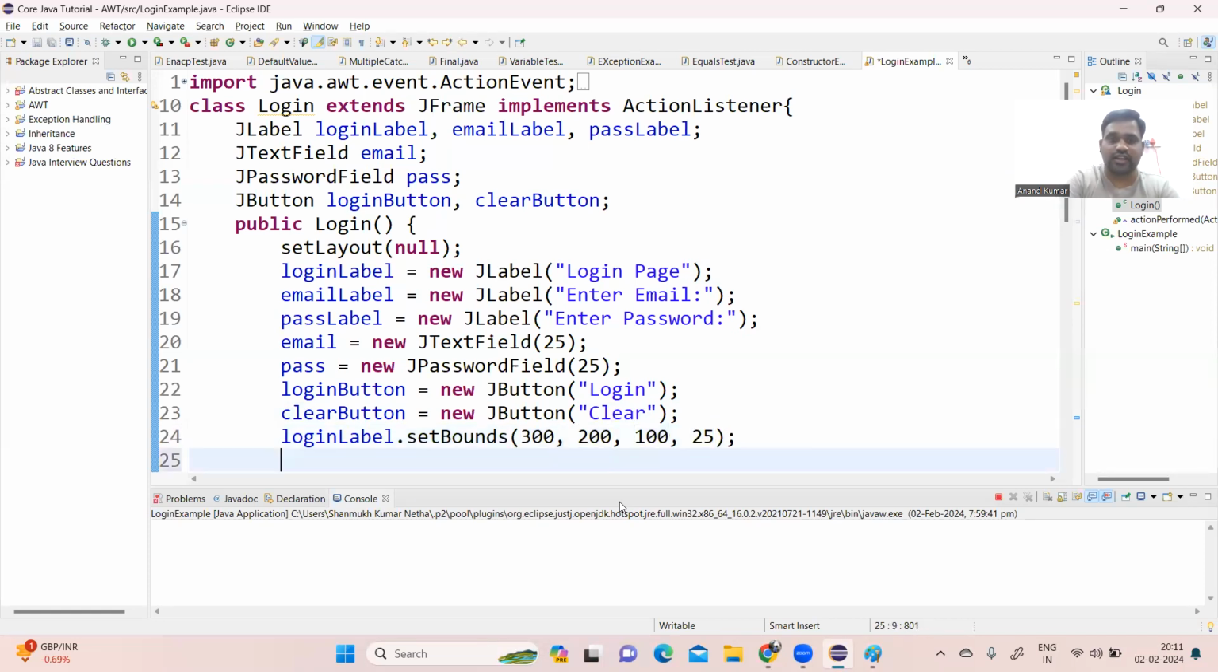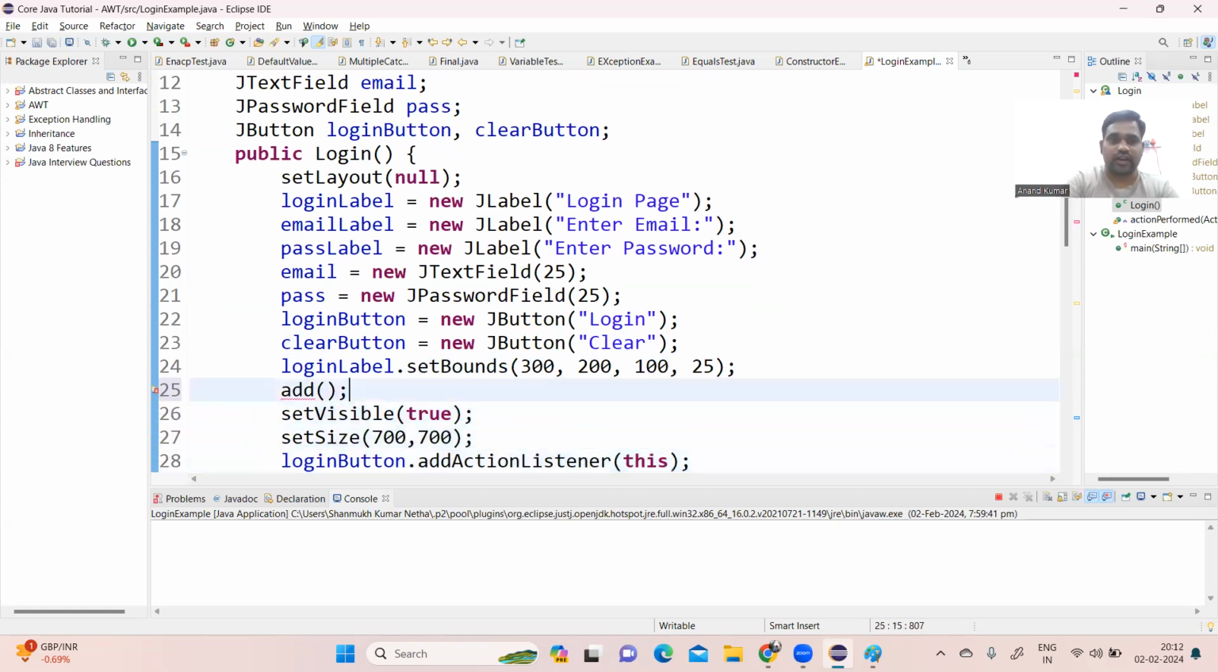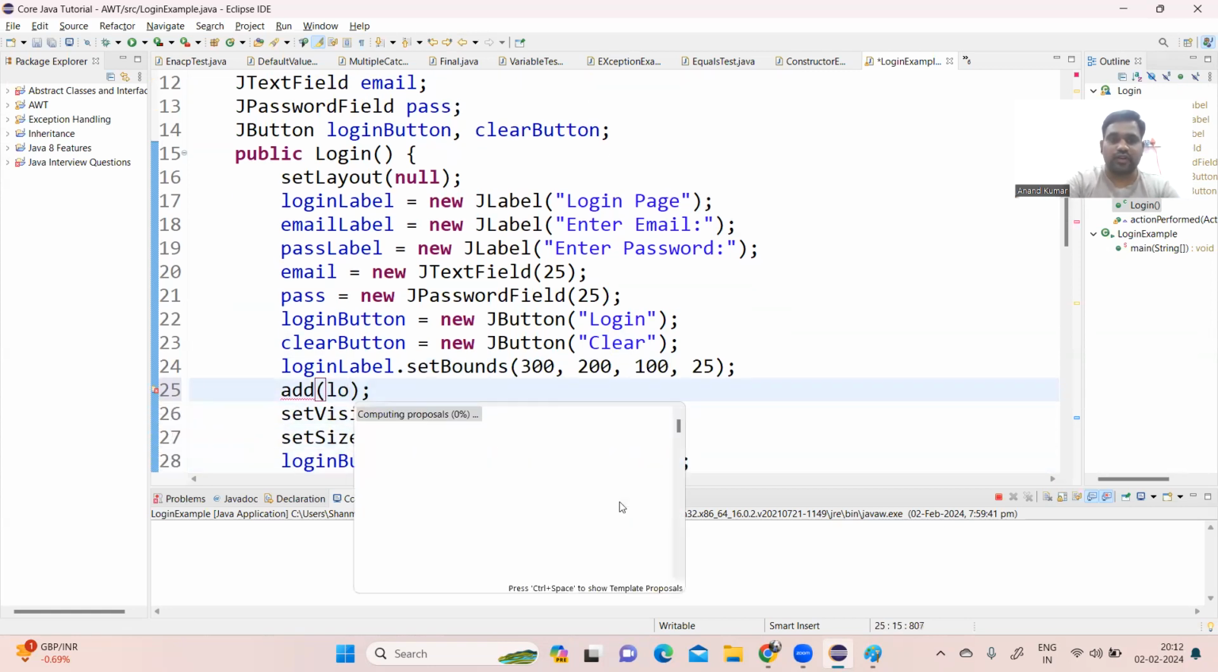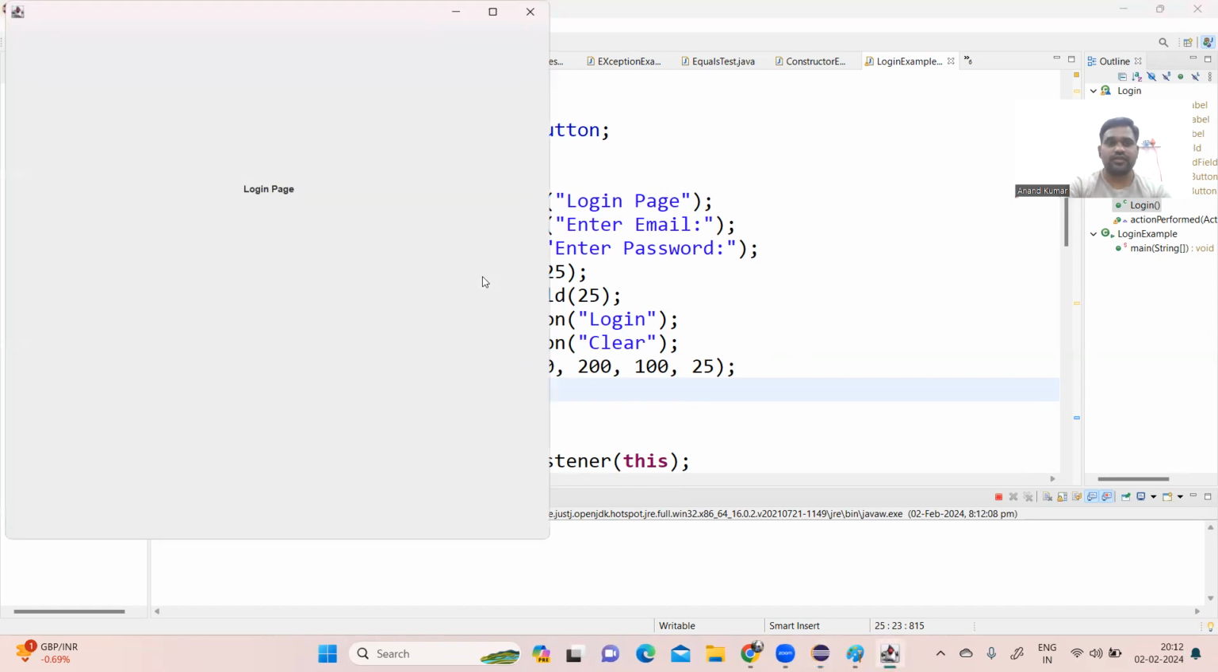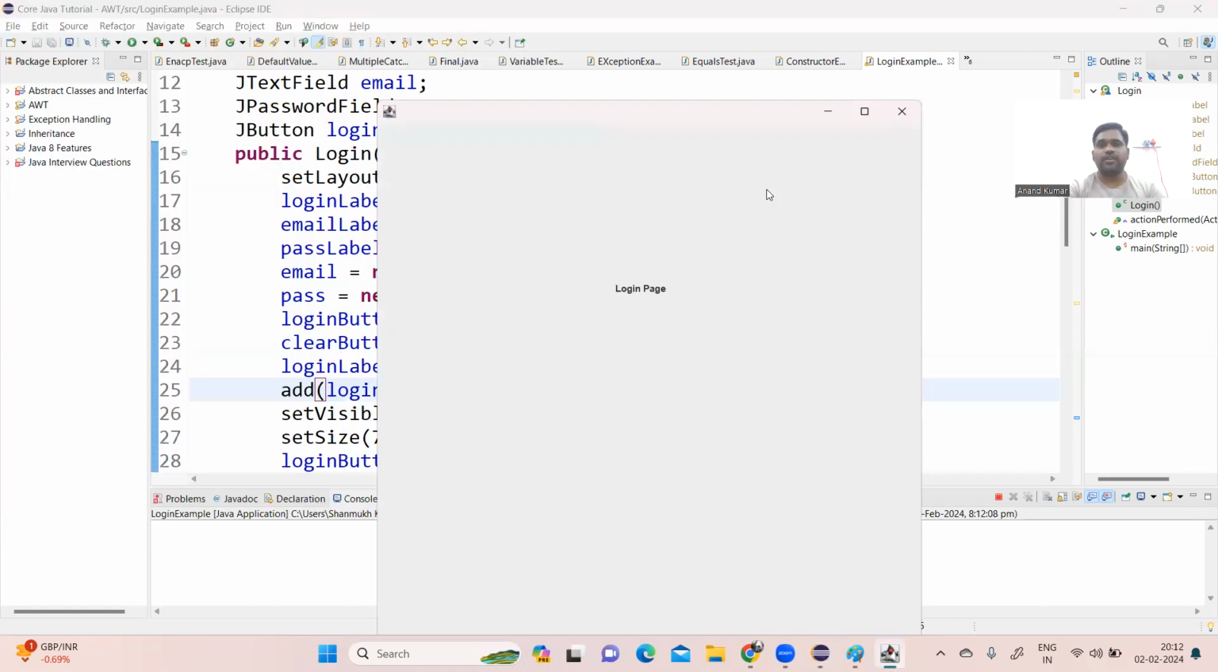Okay, and add this label to the frame. Simply add login label. See now how it will be visible. See, login page. Okay, so 300 pixels width and 200 pixels height. Okay, now